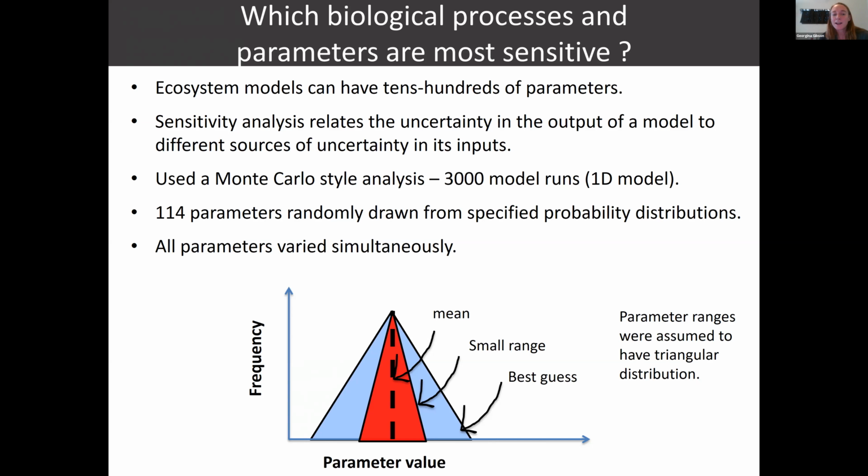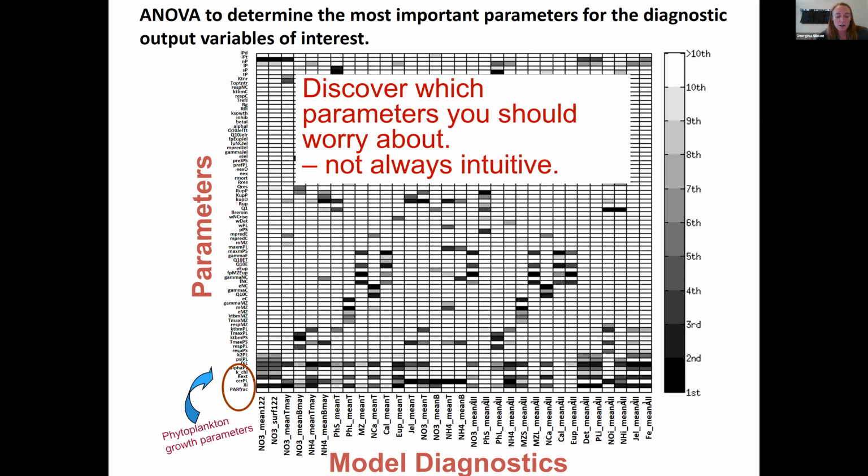And then we were able to rank all of the parameters within the model. On the bottom I'm showing you, and don't worry about reading it, just to give you the general idea of what we did, I had about 20 different model outputs. One of them was summer nitrate in the mixed layer, or concentration of phytoplankton in July, things like that that we were interested in. And then on the y-axis are all our parameters. The darker the color, the more important that parameter was to any one particular diagnostic output. So doing this allowed me to focus on which parameters within this model were important and worth worrying about.